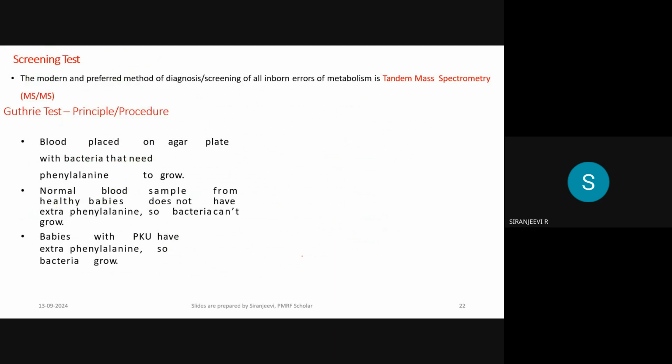The screening test is usually done in two ways. One is that the plasma or serum is sent for mass spectrometry, that is tandem mass spectrometry, to see how much phenylalanine is there in the sample. Second is